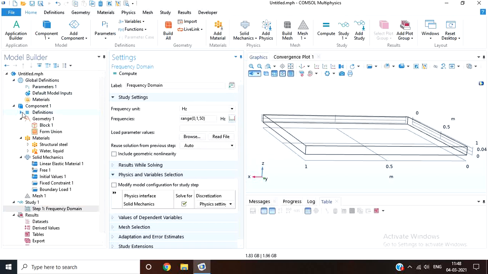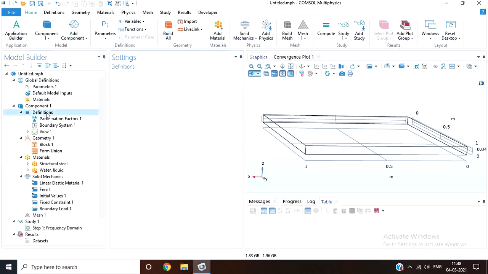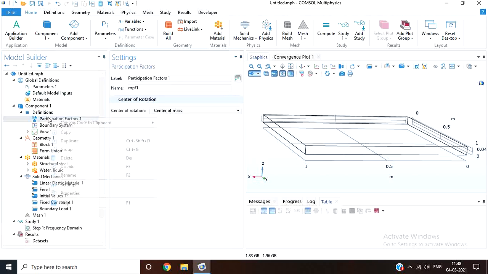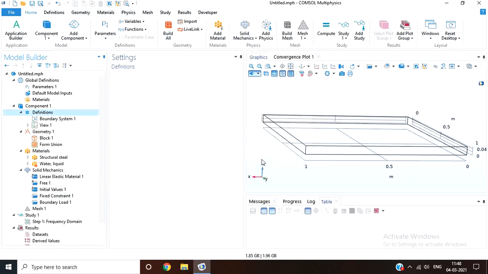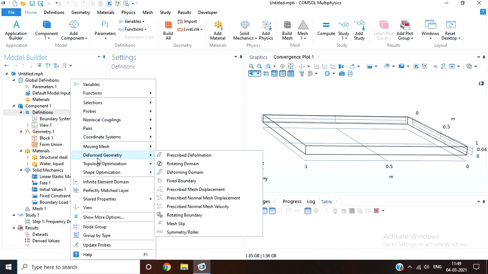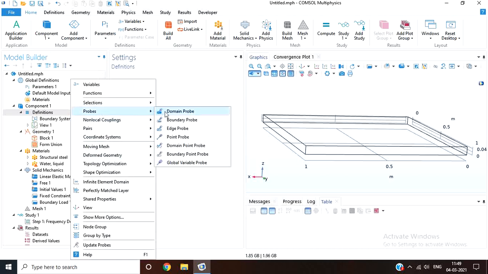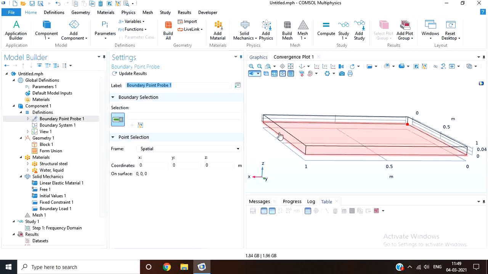And we'll be adding one probe plot. Participation factor was there only for eigenfrequency study. You can delete it for the frequency domain study. And let's add a probe plot to check the displacement of one end for different frequencies. This boundary, let's keep it at center.